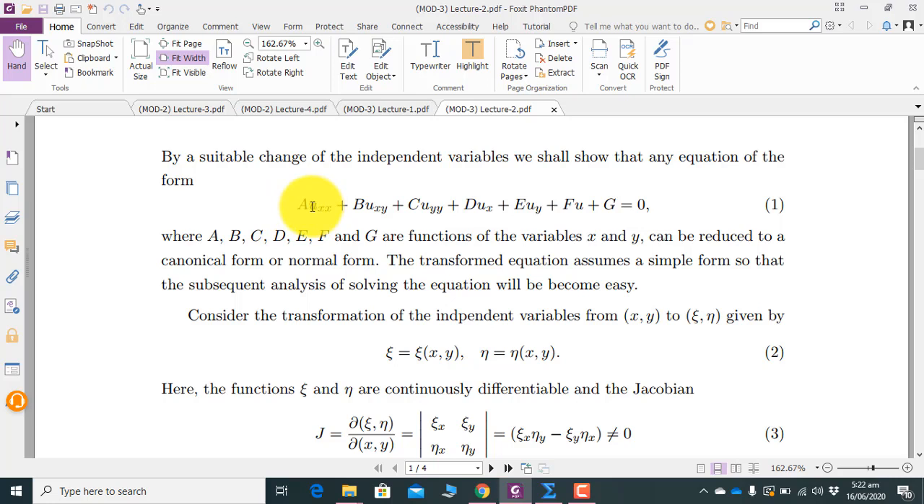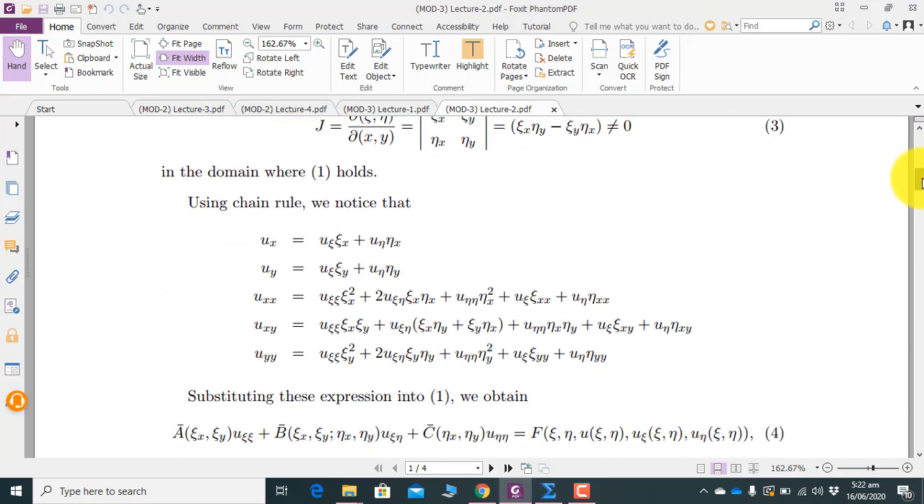We will calculate the partial derivative with respect to x two times, and all other partial derivatives should be calculated now in the new form, because we have the transformation xi and eta. Ux will be changed. How can it be changed? Using the chain rule. If you use the chain rule, this partial derivative will become u_xi xi_x plus u_eta eta_x. Uy similarly becomes u_xi xi_y plus u_eta eta_y, and similarly